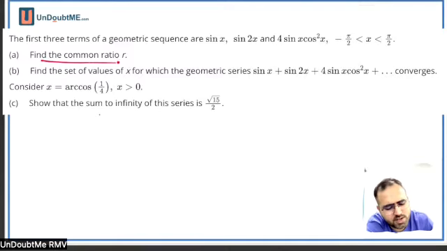It can be managed very easily. You just need to take the division, like sine 2x by sine x. Then next is find the set of values of x for which this series converges. Now, what is the meaning of this? So normally,